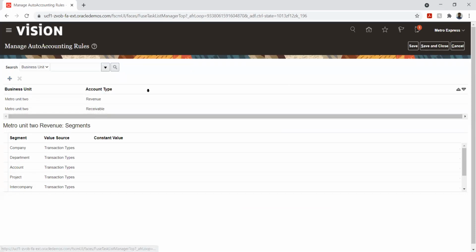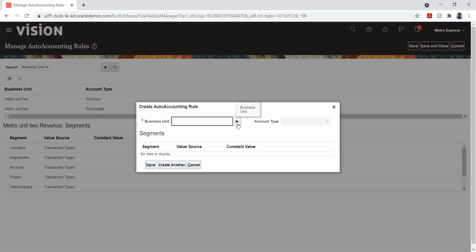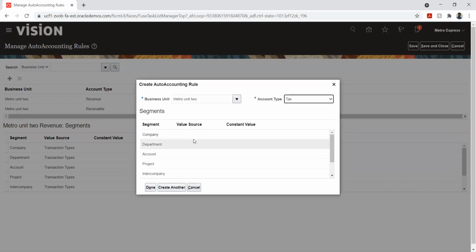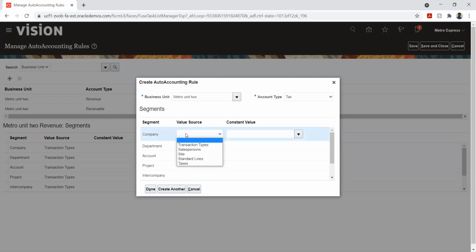So this we are done. I'll just show one more thing for this one. Tax. Yeah, here if you see we have five. Another one is added, because if I want to add tax as a standard memo line I can do it, and also if I want to derive this account code combination based on the setups that I have done in the Fusion taxation module, I can derive from there.